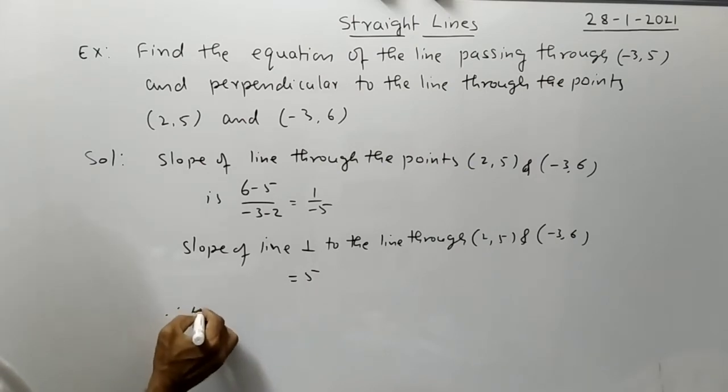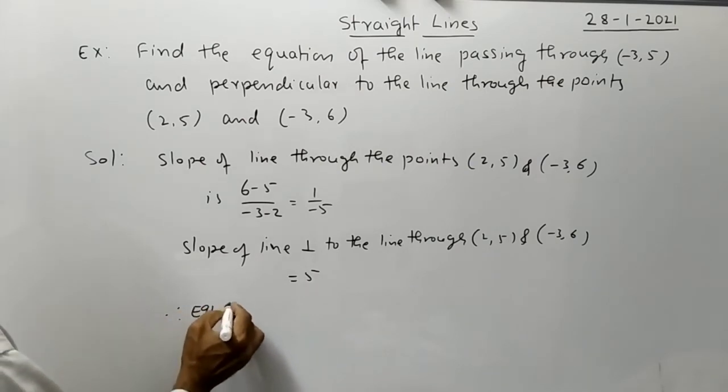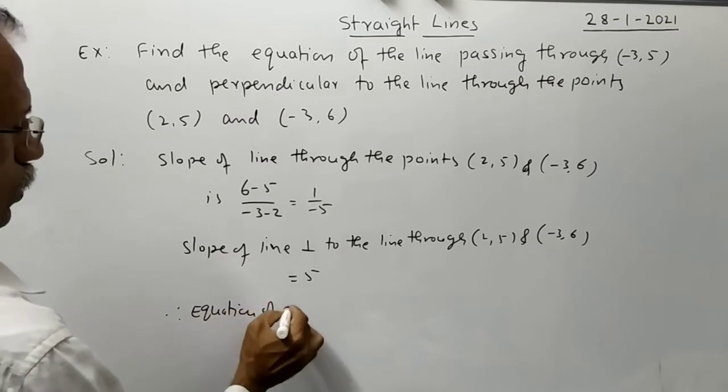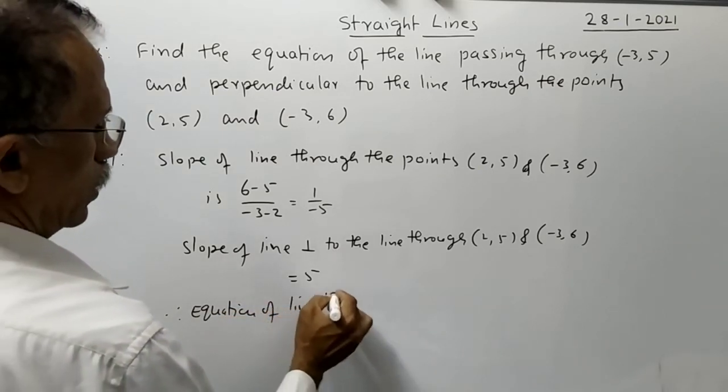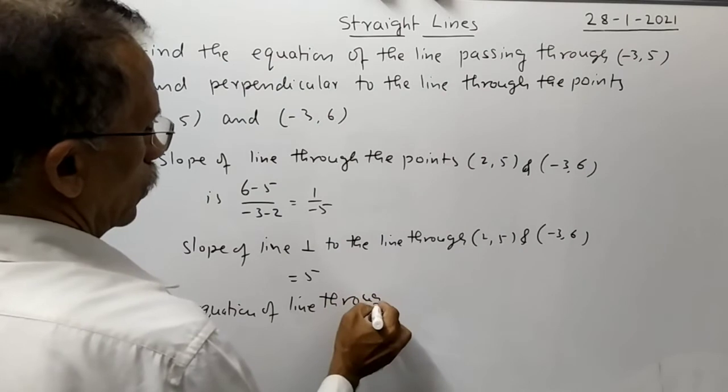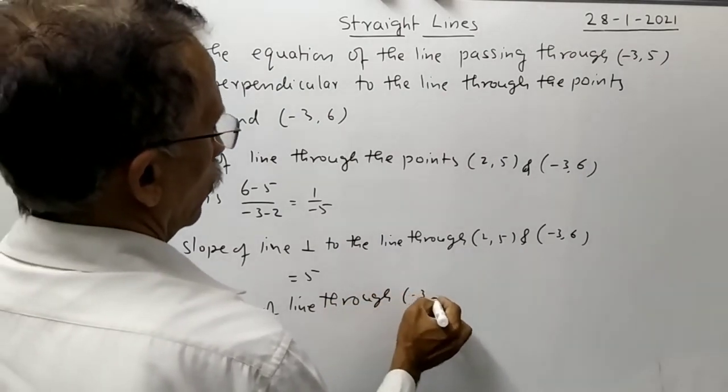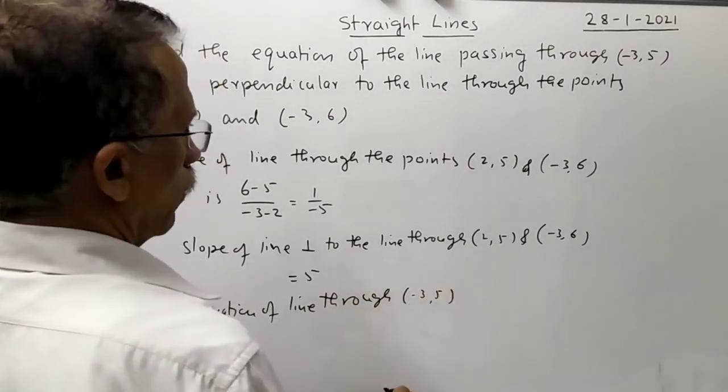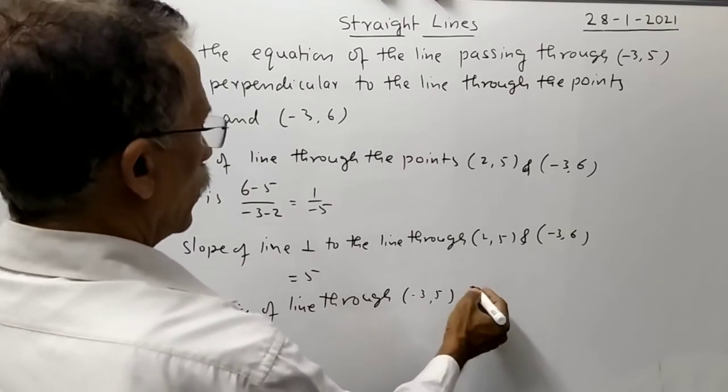Therefore, the equation of the line through the point with coordinates -3, 5 is